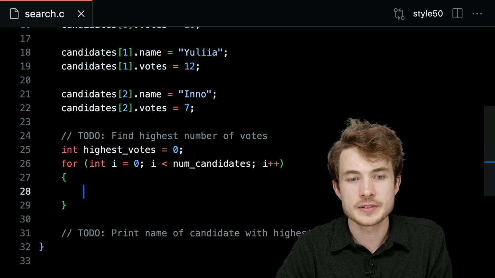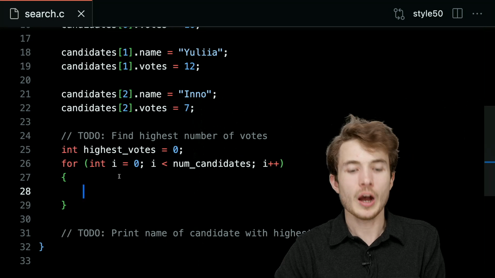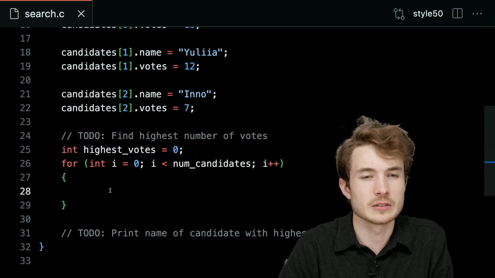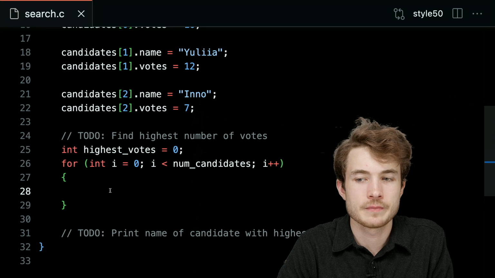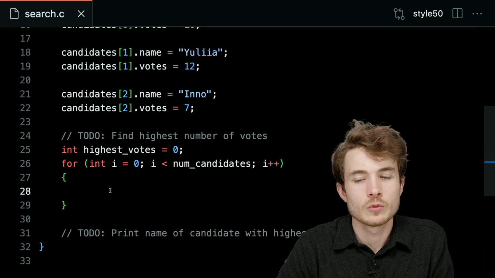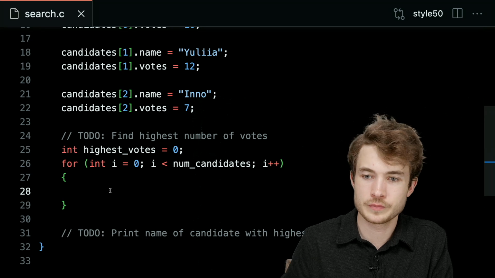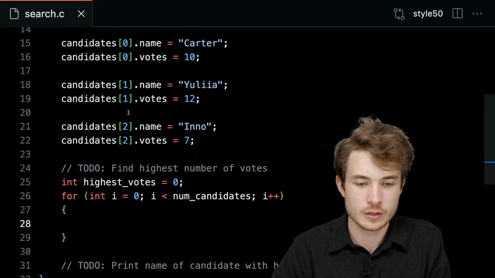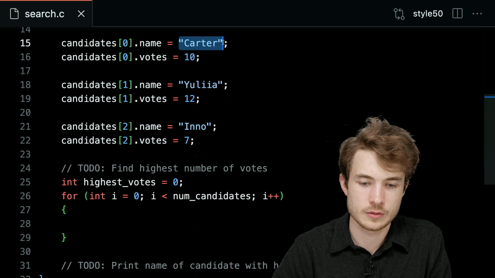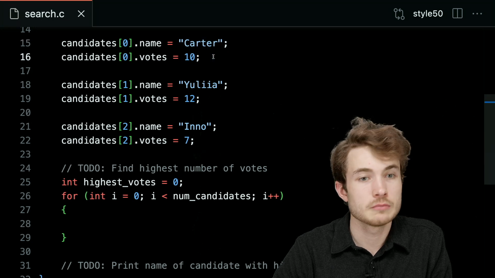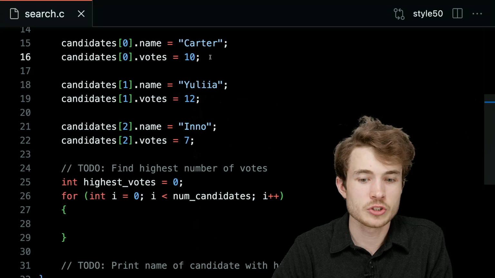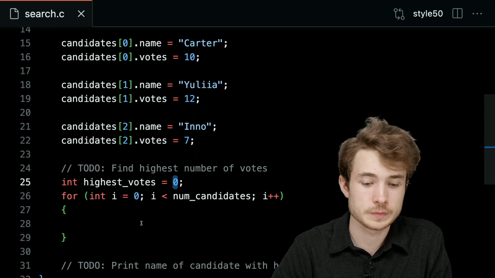But under what scenario should I update highest_votes as I loop through my candidates? Let's say I look at Carter first. Should I update highest_votes? It seems like I should, because Carter has 10 votes, and our previous highest was 0.